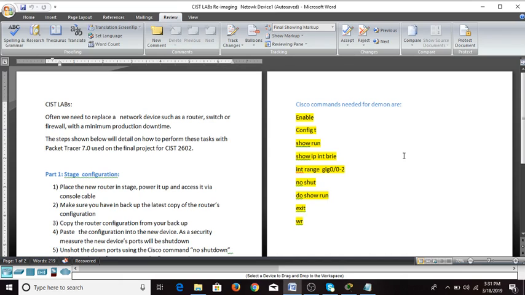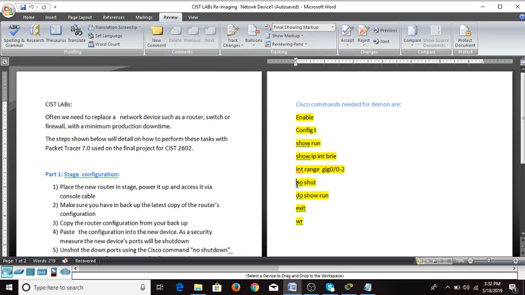Show run will show the running configuration of the router. Show IP int brief, which is a command that lists all the ports and their status on the router. And interface range gig 0/2-4 no shut, which is a command that will unshut all the ports from gig 0/0 to